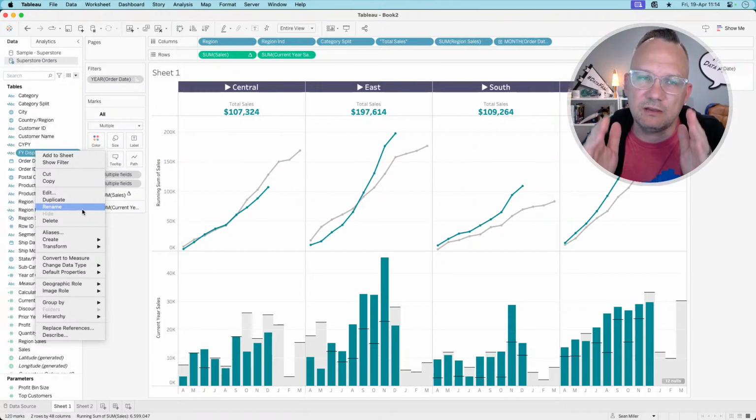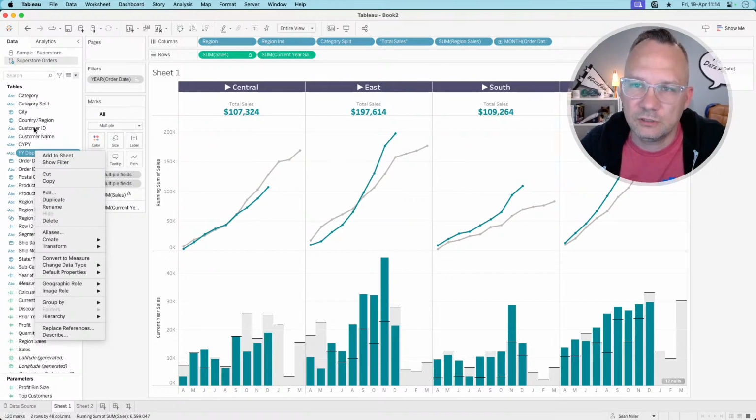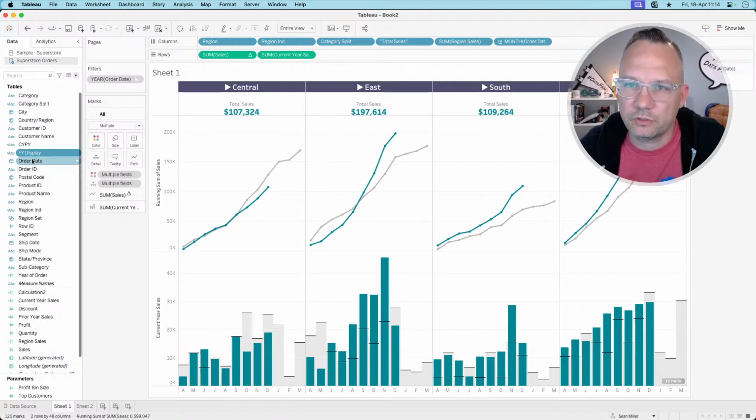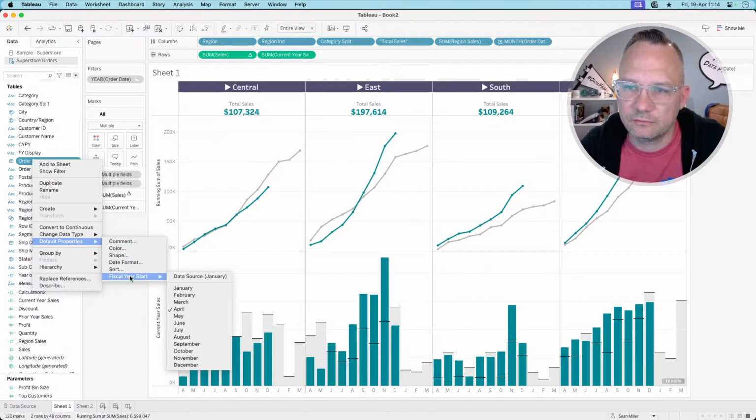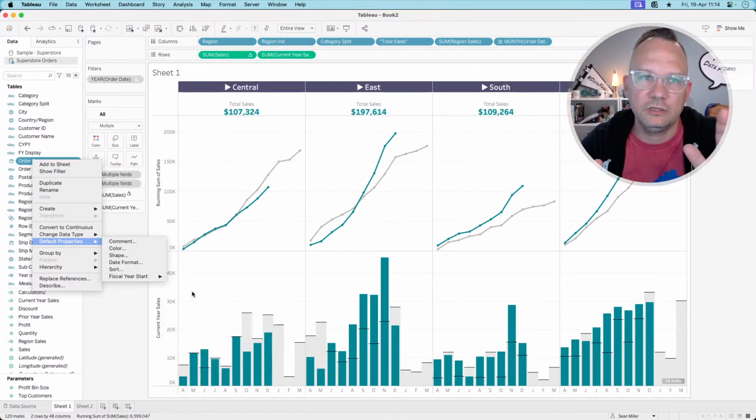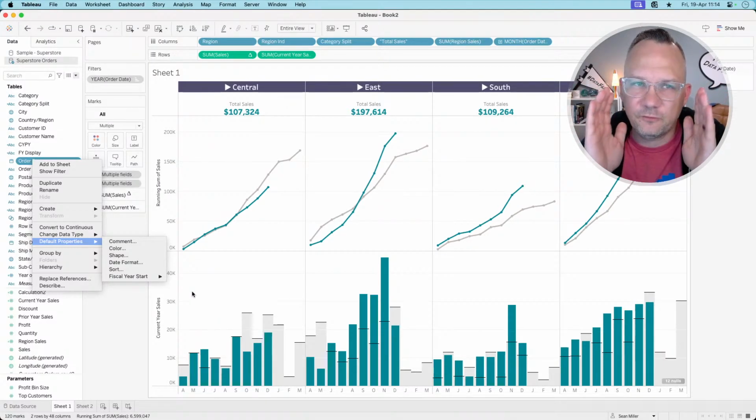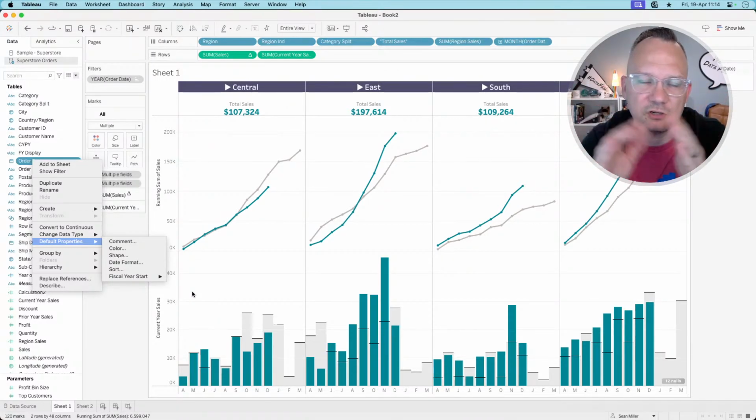Because when you just do the order date based off of fiscal year start, all you're doing is changing the formatting of the date. You're not creating a separate dimension. All of the date calculations and date functions are still going to be based off of the calendar dates. So you have to create that dynamic fiscal dimension